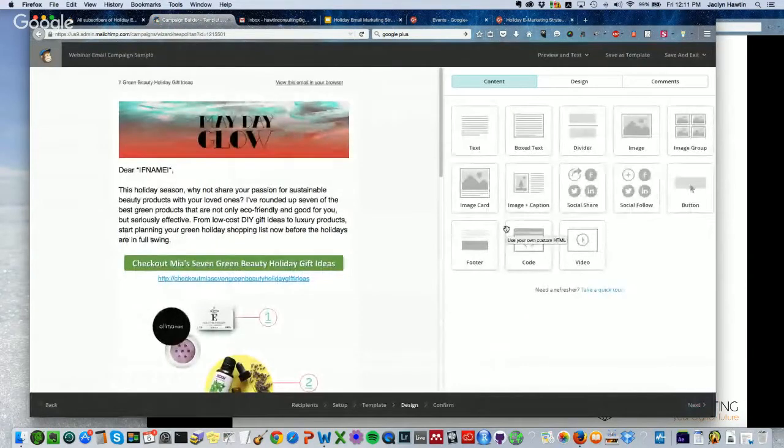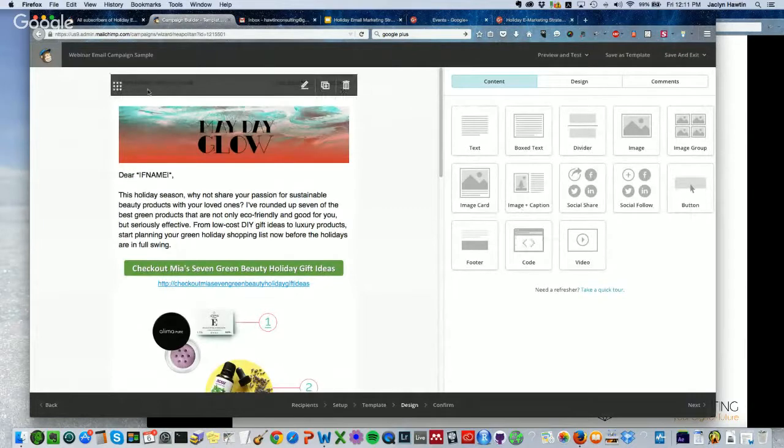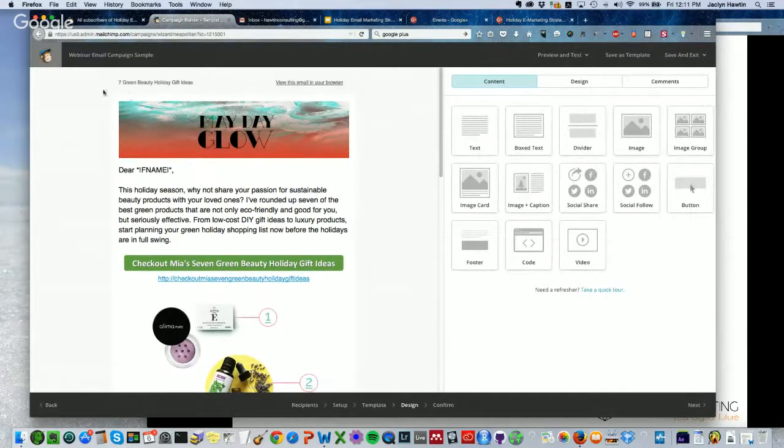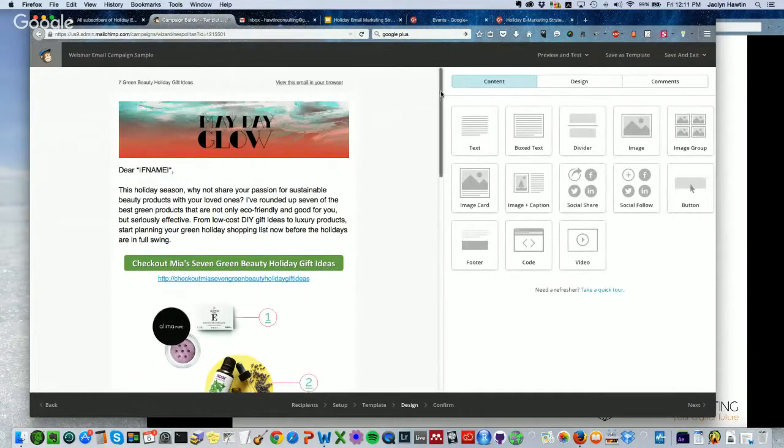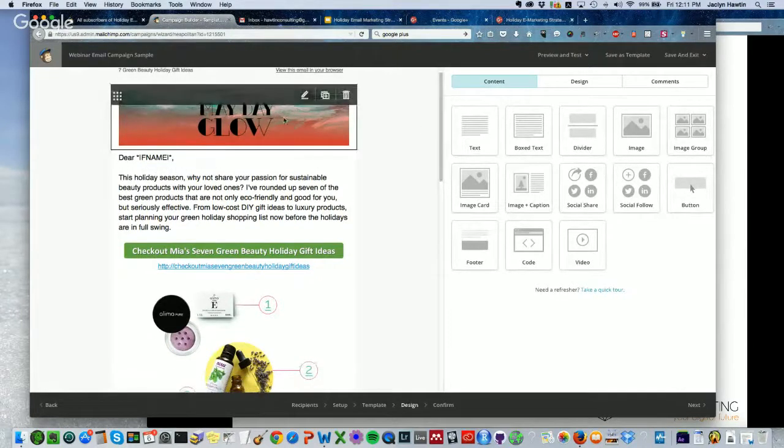Okay, so for the design itself, basically I'm going to start from the top and go down. It's always recommended that you do a short little statement up here, "7 green beauty holiday gift ideas," so that people can see what the email is about right away. Secondly, you want to make your branding consistent with whatever the landing page and organization you're emailing from is. So if you go to Mia's website, you'll see that this is the header of her website. So when people get this email, they see the picture, they'll know automatically, oh, I read this blog,